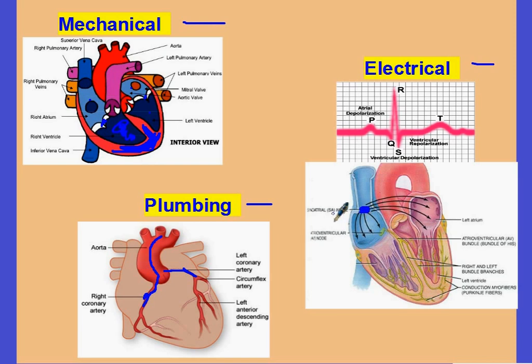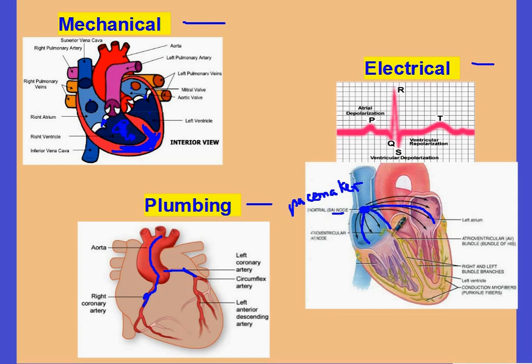This is called the SA node. The SA node is also sometimes called the pacemaker of the heart, because it sends out signals about 60 to 100 times per minute without an outside stimulus. And those signals then travel through the atria